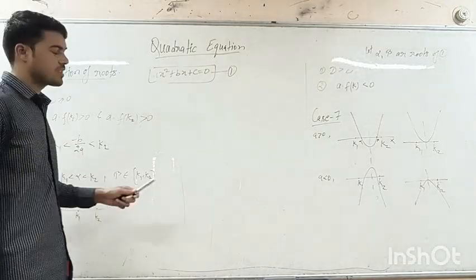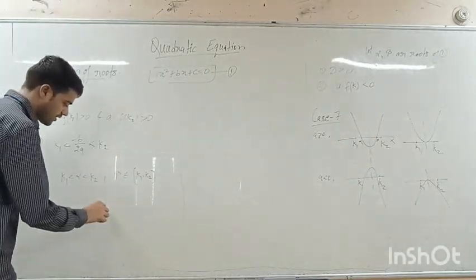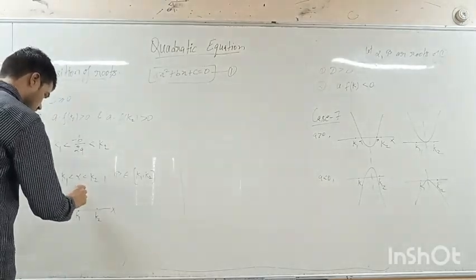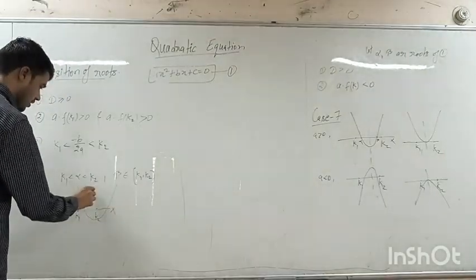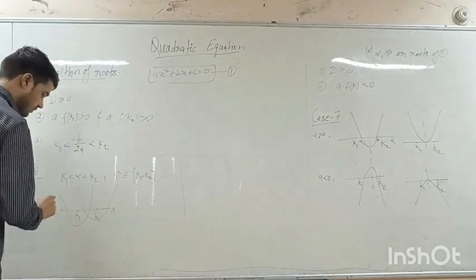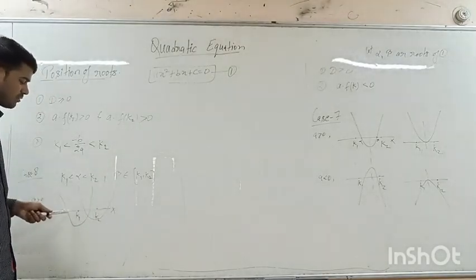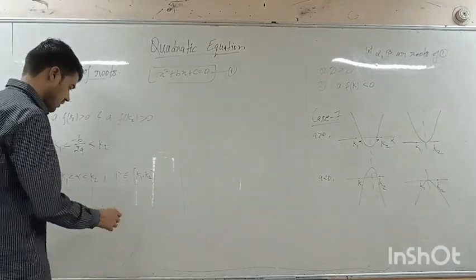So the graph of the function will cut the x-axis once in between k1 and k2. Okay, either this can go like that or this can go like that. Means if alpha is there, beta can be less than k1 or greater than k2,